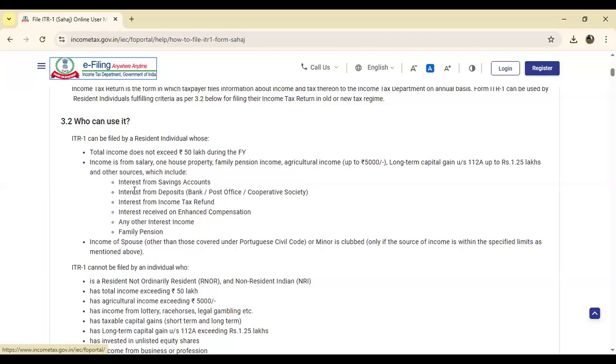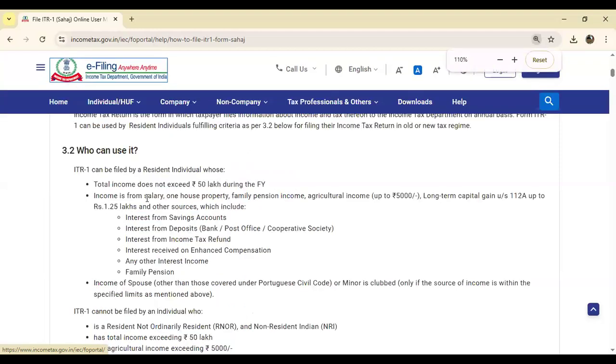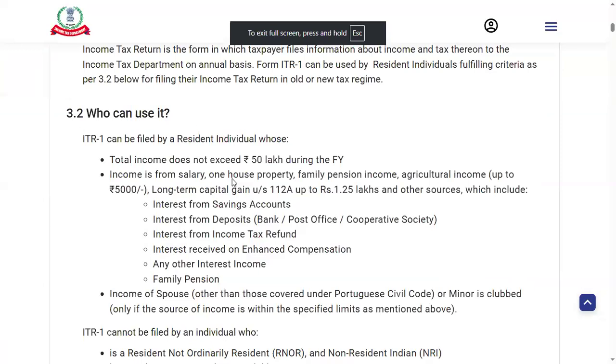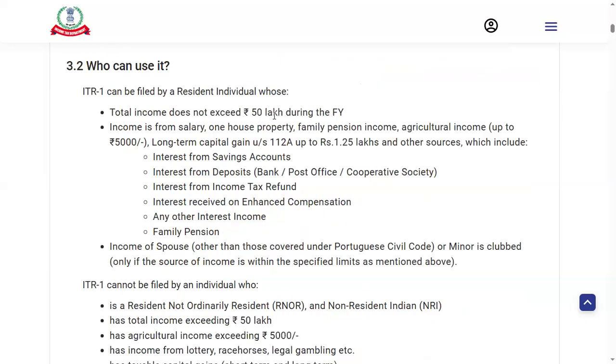His income has various sources, but not more than 50 lakhs. I just zoom it. So if my income is 50 lakhs and below, if income is from salary, house property, family pension, agriculture income, and long-term capital gain is up to 1.25 lakhs,